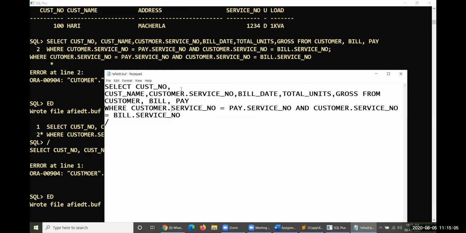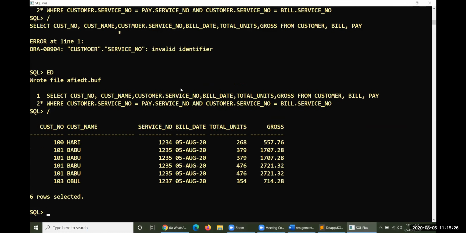Customer dot customer, customer dot, and then here also one more customer dot, and here customer, here also customer, because while typing some mistakes happen. So that is the problem here.